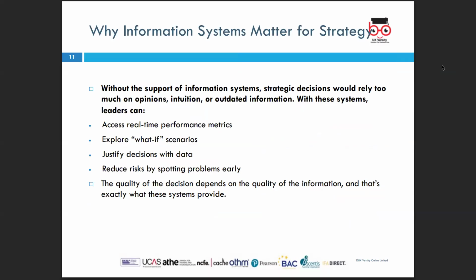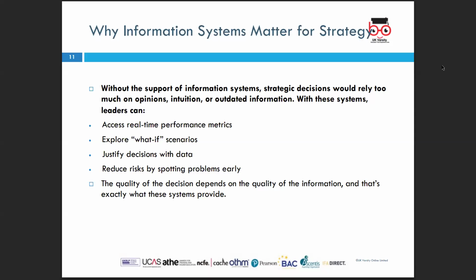So let's now look into why information systems matter for strategy. Without supporting evidence, supporting information systems, strategic decisions could rely too much on opinions, intuition, or outdated information. So why does this matter? Leaders can now access real-time performance metrics, explore what-if scenarios, justify the decision with data, reduce risk by spotting problems early,